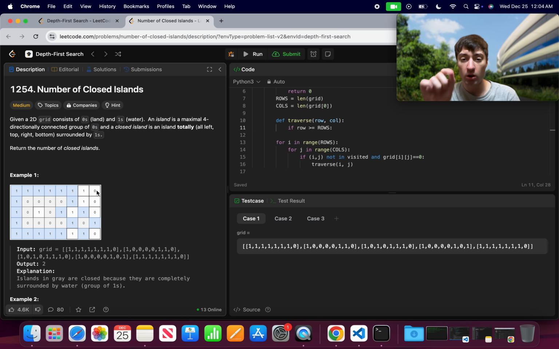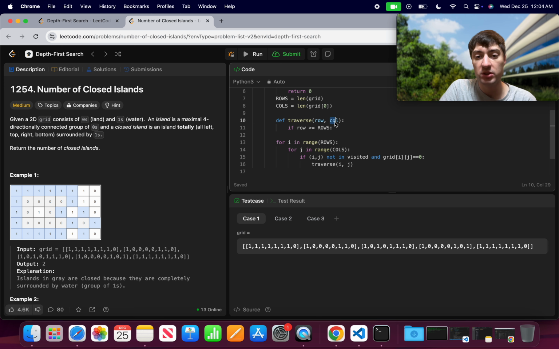Okay, so call this one equals 7 right here. And now I want to say, okay, if I am along this boundary, I know that I am not part of a connected